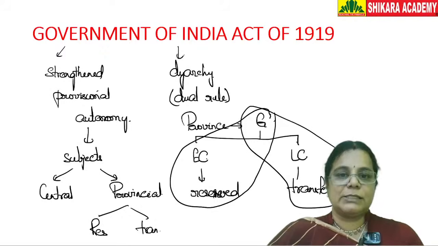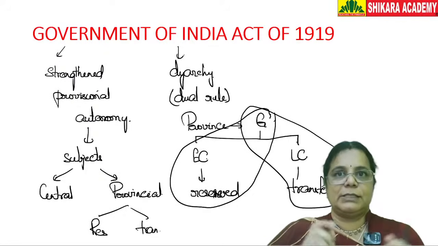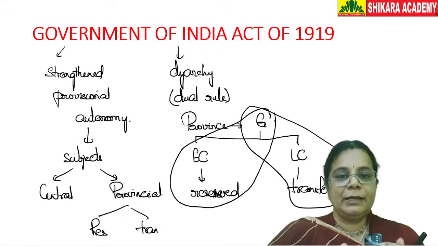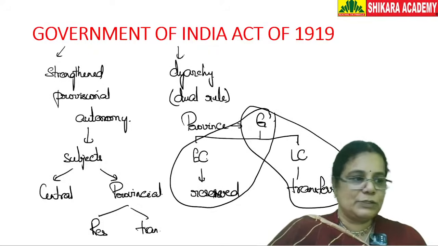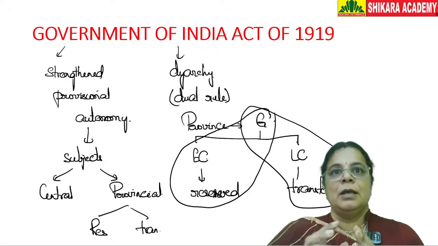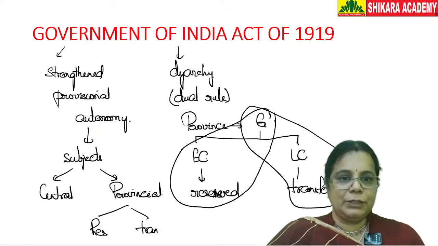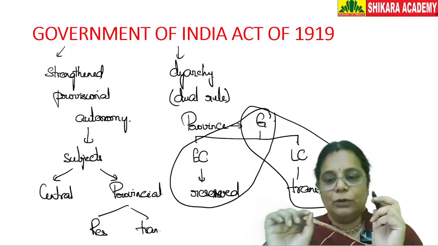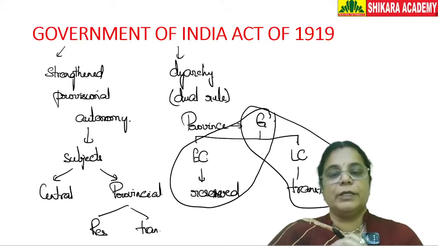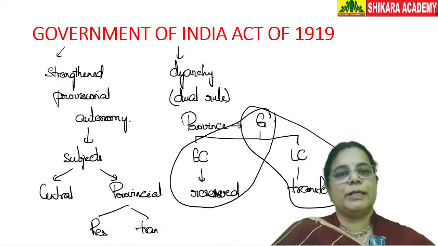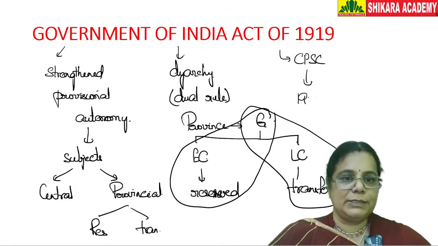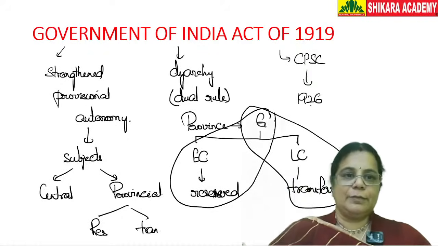In civil services, they've asked questions like what was there in the reserved list. Remember, all crucial aspects of governance like law and order, police, foreign affairs, land, revenue were given in the reserved list. All other aspects of governance like local self-government and education were placed in the transferred list. So this is about diarchy. Now, apart from this, what else was introduced in 1919? The 1919 law basically proposed a Central Public Service Commission, which was eventually appointed in 1926. The UPSC was eventually established in 1926.